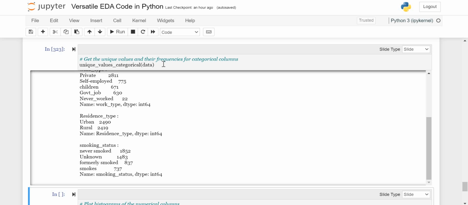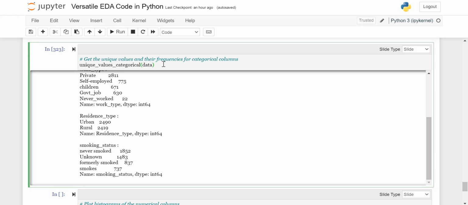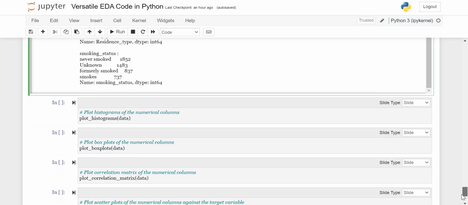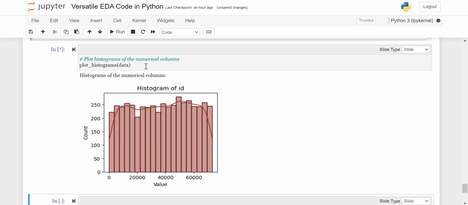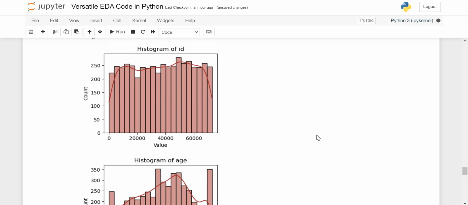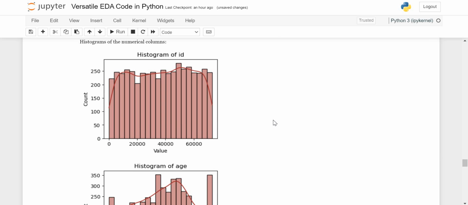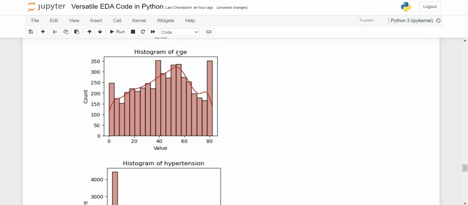So we've already gotten some statistics about numerical columns. This is about the categorical columns now. Okay. So on to the next function. We want to plot the histograms of the numerical columns. Let's run it. Yeah, cool. This is actually showing us the distribution that we have within each of our numerical columns. This is the histogram of the ID, histogram of age,